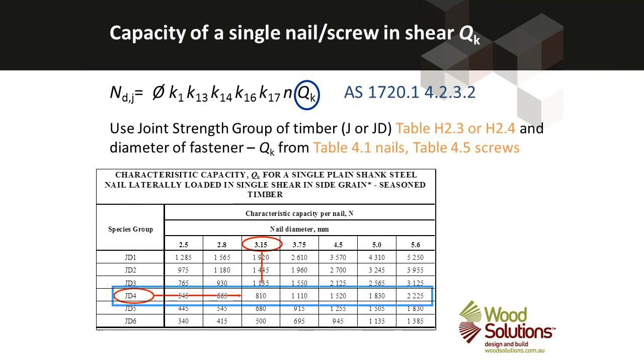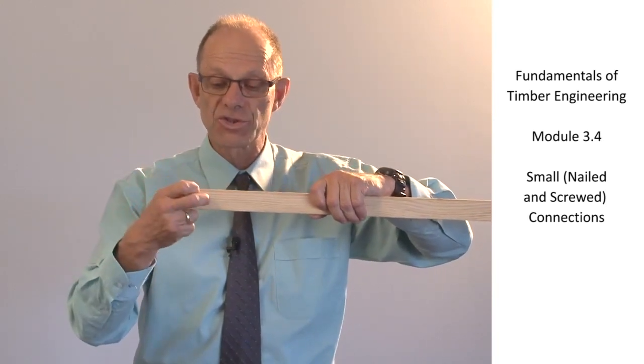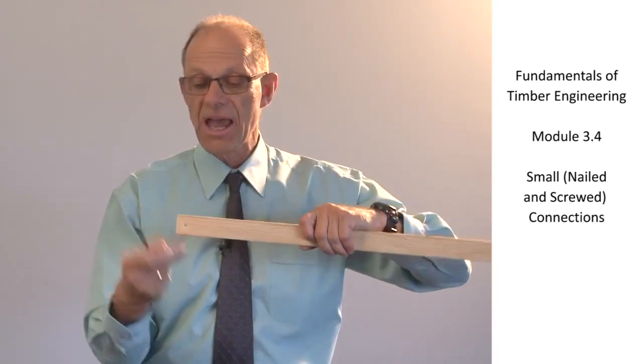Okay, the capacity of the single connector in shear, be it a nail or screw, is given in a table that looks like the one that's on the screen at the moment. And it's a function of the joint strength group of the timber. So we look up from the species of timber what the joint strength group of the timber is, and the